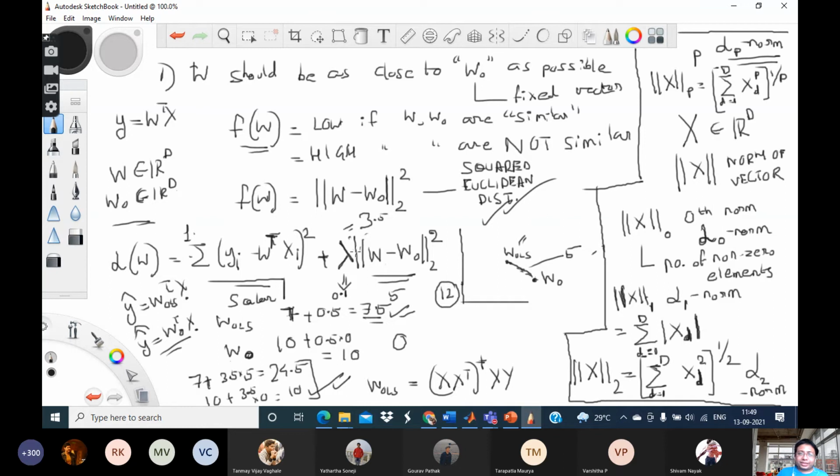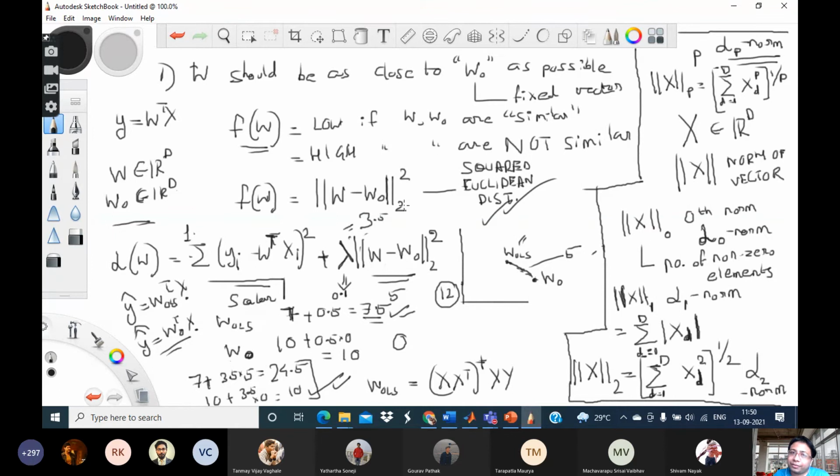So this lambda basically allows you to put the weight. Lambda equal to 1 means both of them are equally important to you. Sir, W naught is something that I decide, right? Yes, and it could be anything. It is your favorite W. If you go for your favorite W, then this part is 0, but you can incur some loss in this part. If you go for WOLS, then this loss will be less, but this loss can be high.